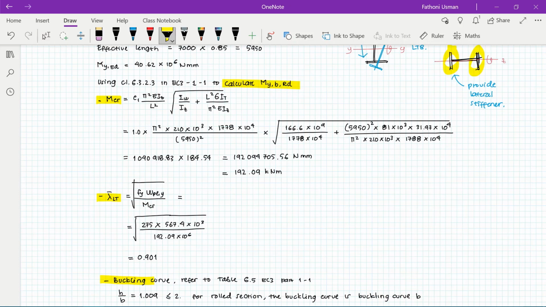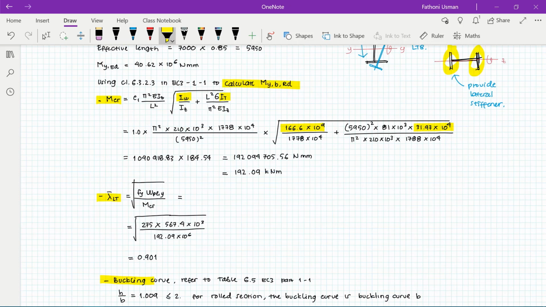So the IT and IW are the torsion constant and warping constant. We extract them from the standard section table of properties. So this is for the IW, and for the IT. All the values are already converted into millimeter power 6 for IW, millimeter power 4 for the IT. So we just fit into this